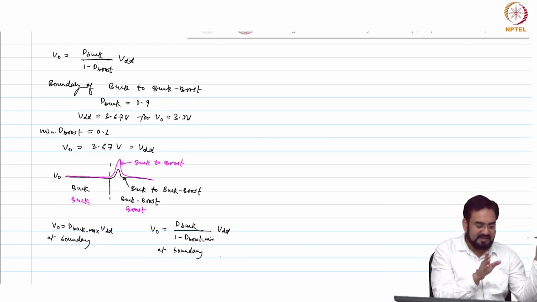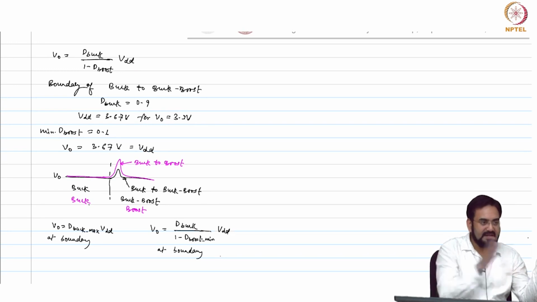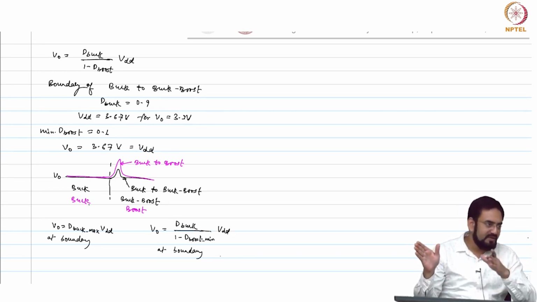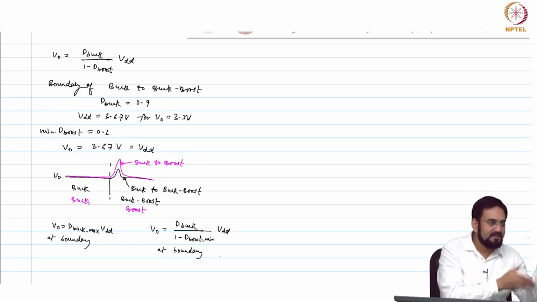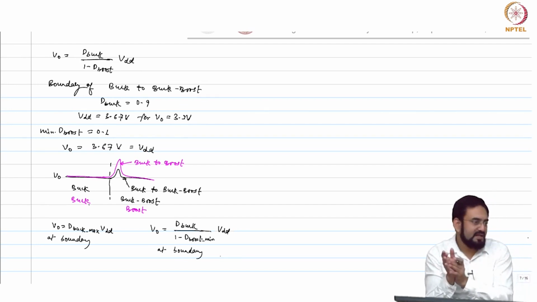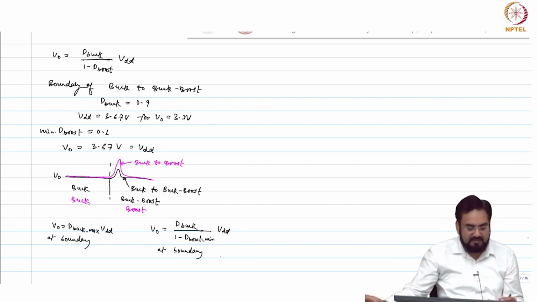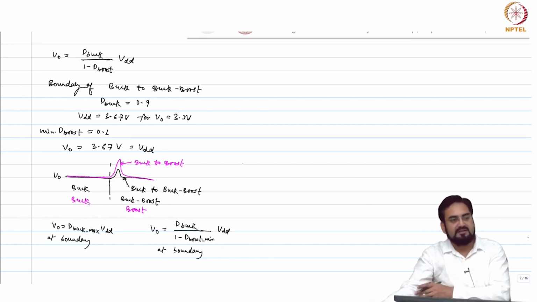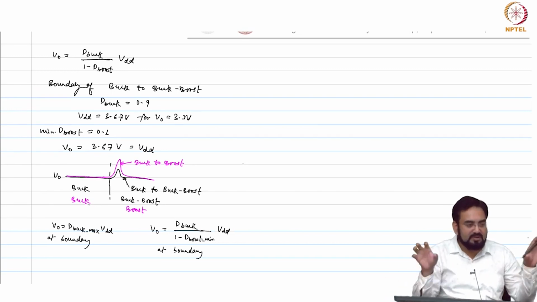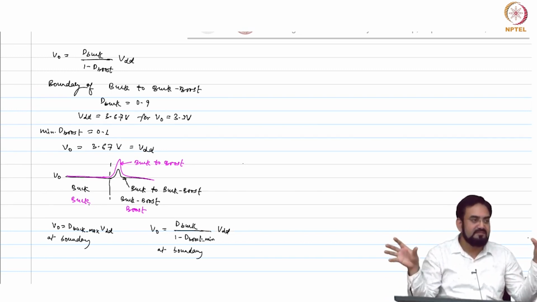So on the left hand side you have buck and on the right hand side you have buck boost, okay. So if you are slightly lower than 0.9, then you operate in buck mode, and when you require more than 0.9 duty cycle, you enter buck boost mode. So you are right at the boundary, and we want to find when we enter buck boost mode what will be the required Dbuck, which means both the output voltages are the same, your VDD are the same.